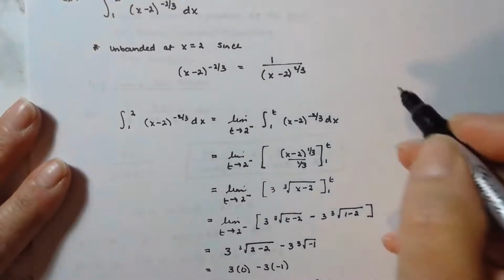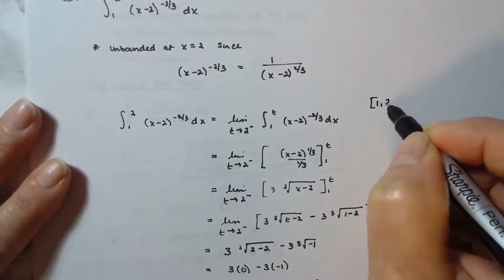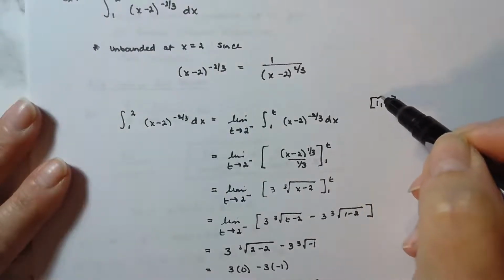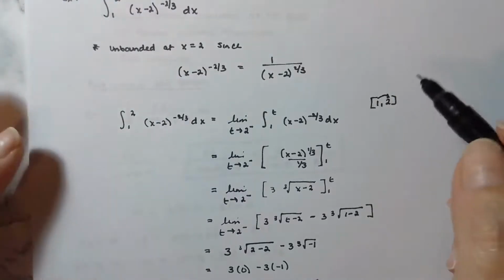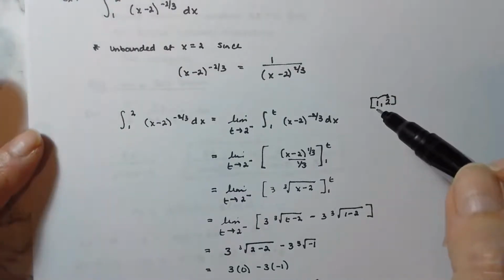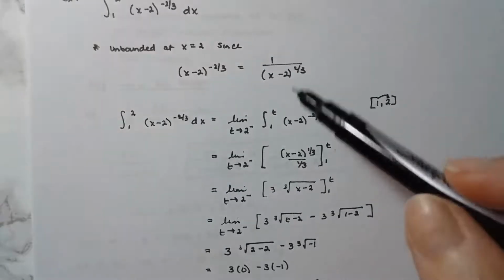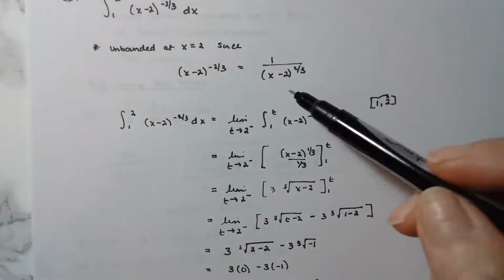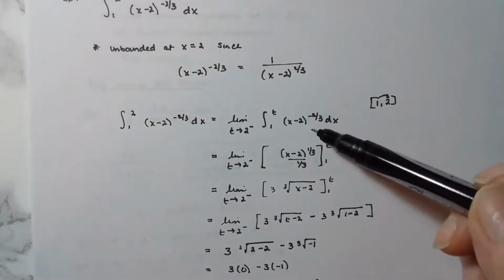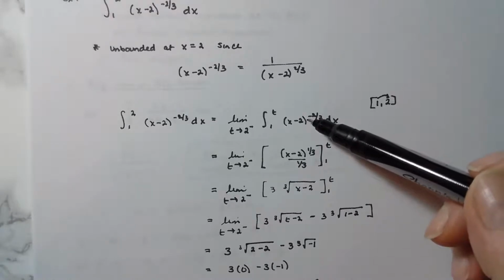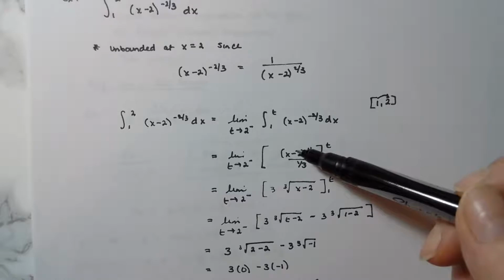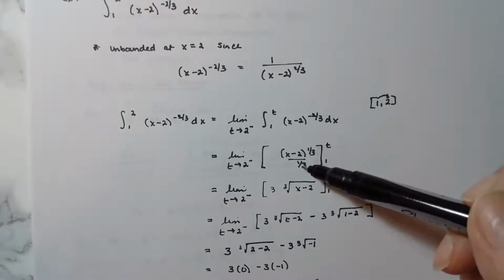Again, your interval goes like this. So you're coming toward that value from the left-hand side, and you're going to get really, really close to it, but not at it, okay? So I'm just rewriting the integral, okay? I go ahead and integrate this thing, and I get x minus 2 to the 1/3 over 1/3,